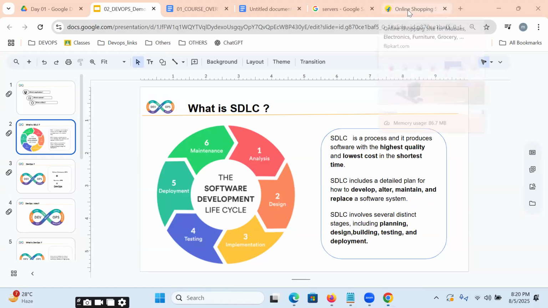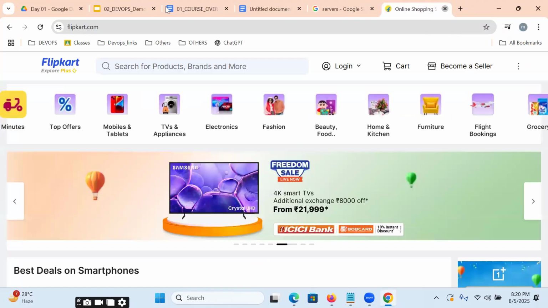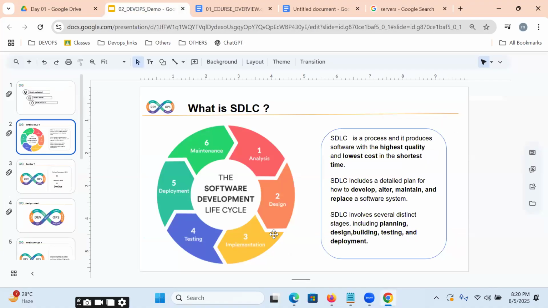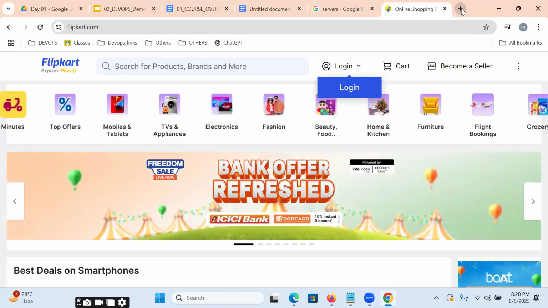And for doing business on the internet, like Flipkart or Amazon or BookMyShow. For example, let's say you want to build a Flipkart-kind of application. What do I need to do?